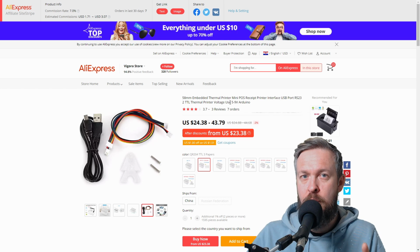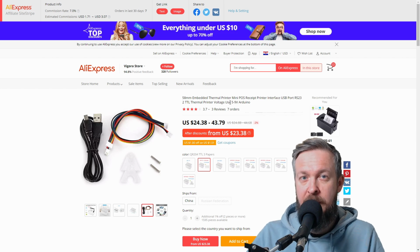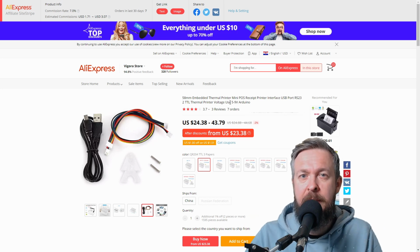I did manage to hook it up in such a way that it provides enough power for both the ESP and this thermal printer, but in the long run I may be working on some different solution to maybe use a buck converter to get more power for the printer, then to lower it down to the 5 volts needed for the ESP board to run. So this is something that I'm still tinkering with, and I will be providing more information